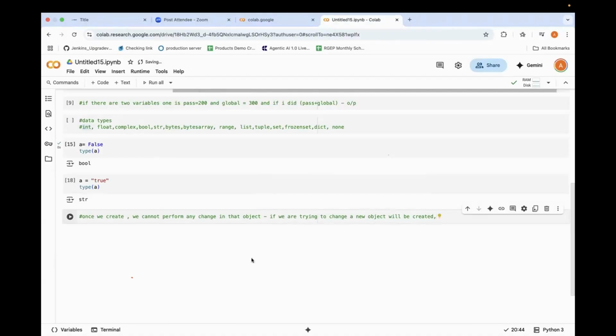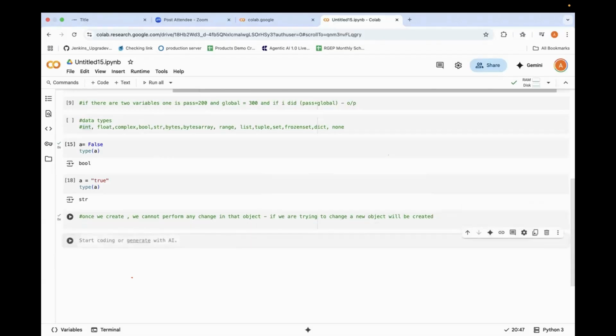Now I'll show you. If I put a equals 10, in the backend there is one object that has already been created, which is storing this value of 10.